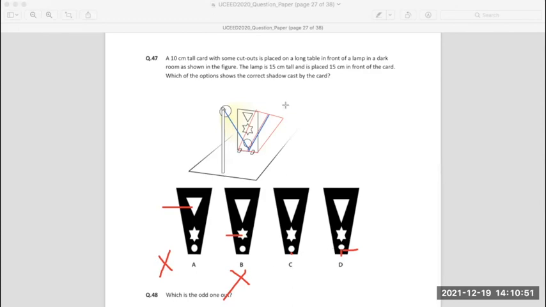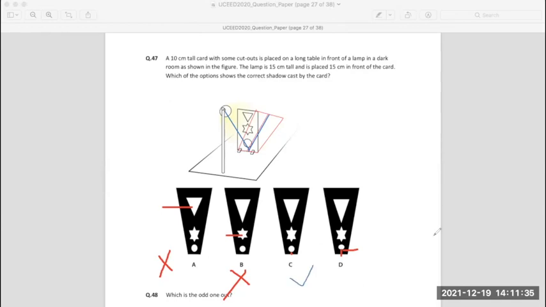If this placement was farther away, say 30 centimeters, this height is 15 and this distance is also 15. If this placement was 30 centimeters away from the point light source, then there's a possibility that the distance between the base of the shadow and the bottom tip of the circle might be slightly more, but it's not the case. It's a 45-degree, it's more than 45. It's a very steep ray of light which will be falling on the tip of the circle. And that's where a very short, very thin shadow, a very thin dark line, will be seen at the bottom. And hence I eliminated D.